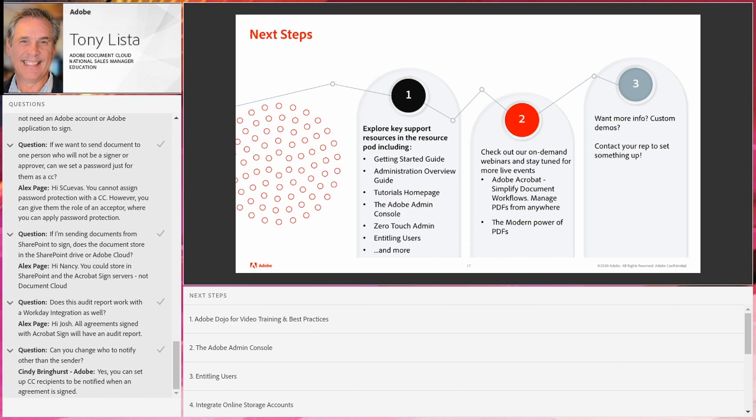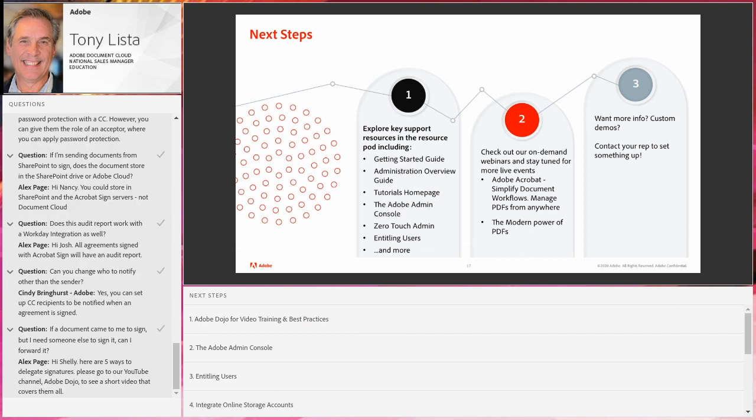What are your next steps? Well, as we had talked about earlier on, take advantage of the resources available here on the screen, the links. As we had indicated before, if you have questions, get them in the question chat on the left-hand side. If you'd like follow up with additional information about pricing, how these products might fit into your environment, feel free